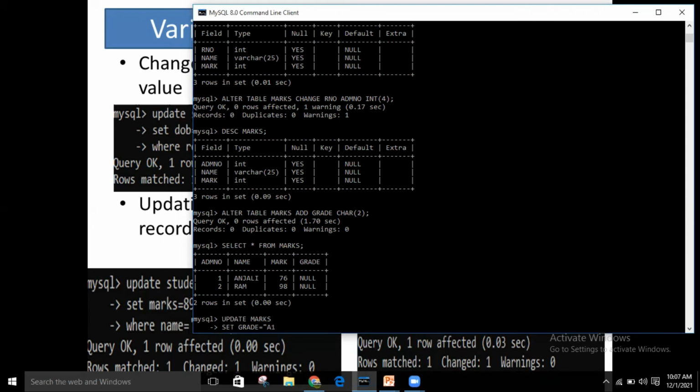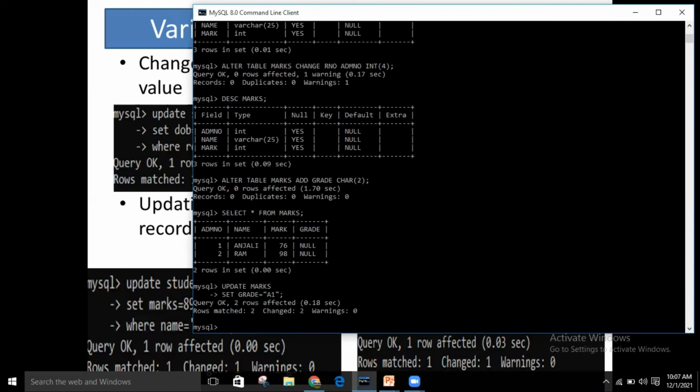So A1, और आपने क्या किया? Quotes में enclose किया because a char should be enclosed in quotes. If I do this, SET grade is equal to 'A1', and I am not entering any condition here, what will happen? All the grades will become A1, right? You can see with the help of the SELECT command, just check it.